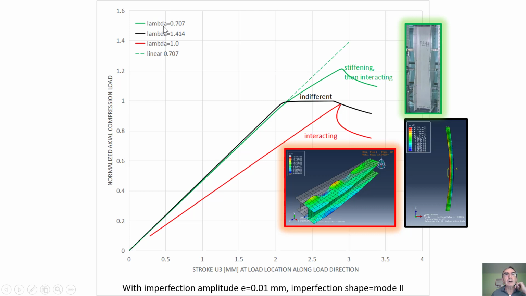Now let's go to a slender column. The slender column is black, and it has a slenderness 1.4. Remember, that's quite slender. And so it's like the picture here in black. All right, so in black, again, we push, and we get the load corresponding to how much we push, until we get this Euler mode of buckling at this point. And the way the column behaves after buckling happens is called indifferent. Indifferent means it doesn't go up and it doesn't go down. At least it's constant.